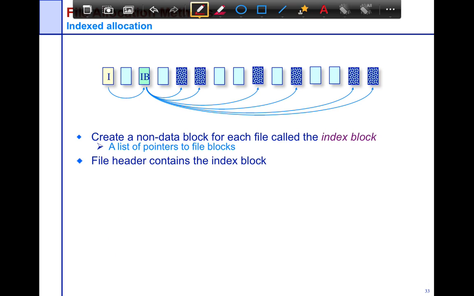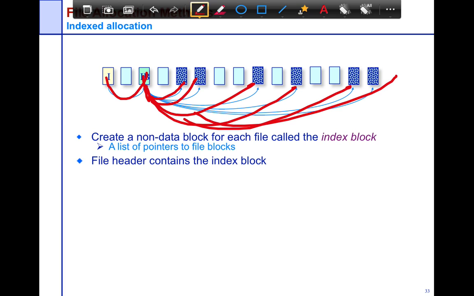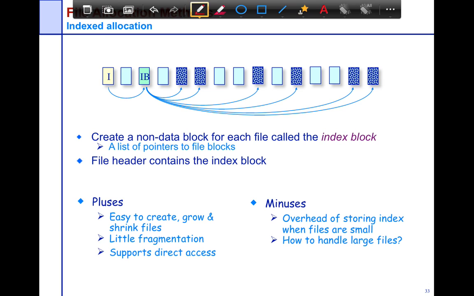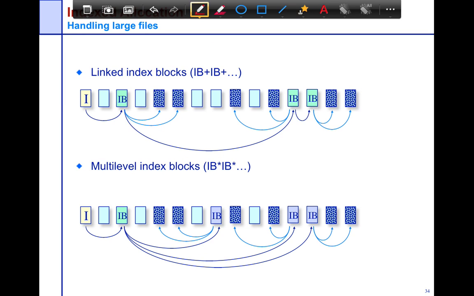The way to deal with this, and Unix adopts a systematic methodology, is to essentially optimize both small and large files. Large files can be dealt with by creating an index block. So you have an inode pointing to an index block that further points to the data blocks themselves. Right? And this is a one-level organization. It holds the pluses from the previous design, but it can still support large files because you can have as many index blocks as you want.